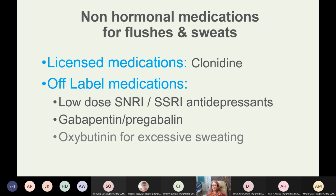And then there are some other off-label medications that can be very effective. So low dose SSRI and SNRI antidepressants, things like venlafaxine, Prozac, fluoxetine, sertraline, citalopram. They have been shown to reduce hot flushes and sweats by about 60%, and they can also obviously help with mood and anxiety. At one point, I think a lot of people were offered those before being offered HRT, but really, if people can take HRT, then HRT would be a more effective treatment for all the menopause symptoms, because obviously all medications have side effects. With SSRIs and SNRIs, sexual dysfunction is quite a common side effect. Also rashes,